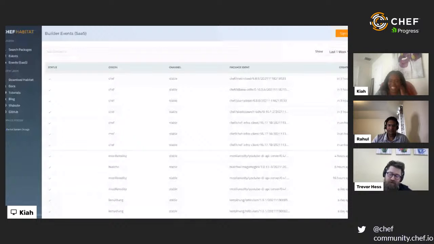Well, now you don't have to go to each individual package that you might want to work with and see if there's a new version available and compare all the version strings yourself. You can just come in here, look up a package, and see when the last promotion event was. You can see if you need to try doing a rebuild without having to just try doing a rebuild. You should have much better insight into the state of your environment and if there are new packages available for you to consume or test out for your software.